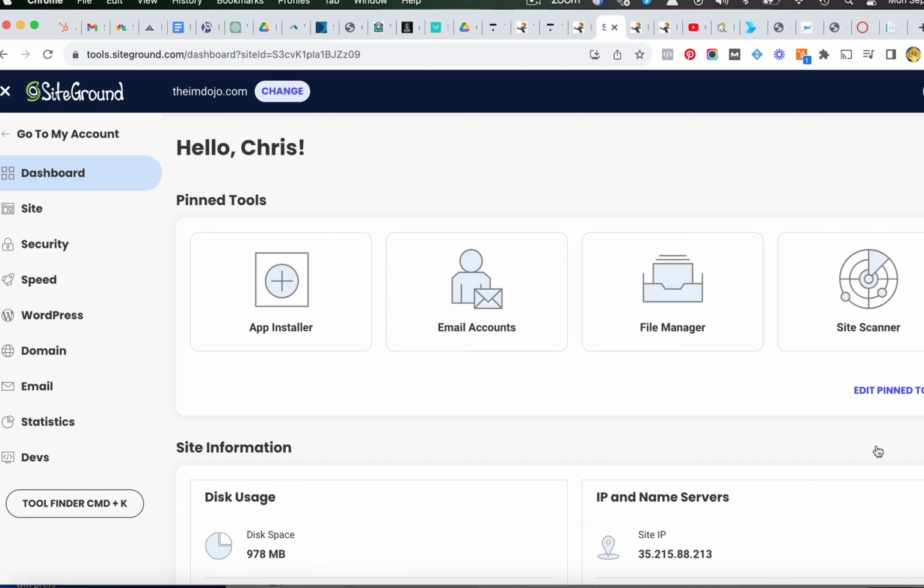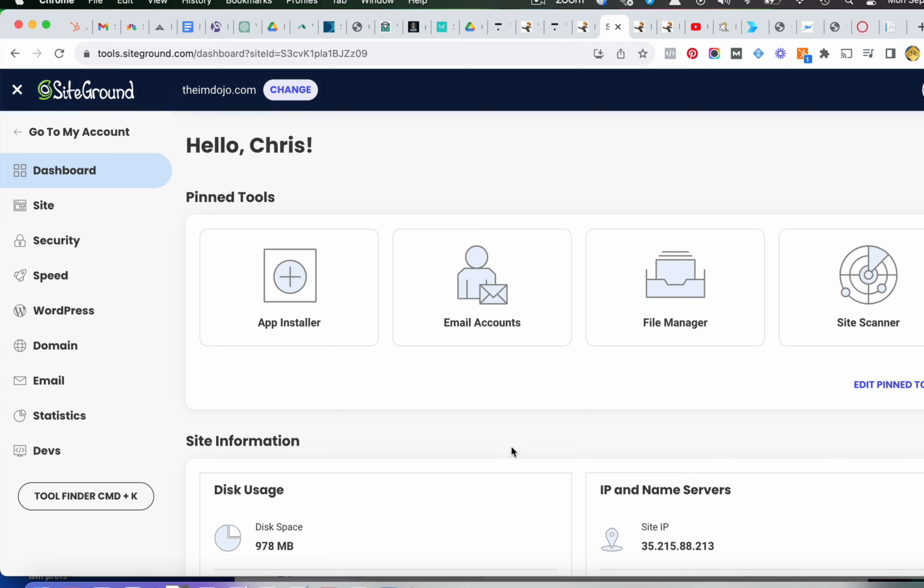So now this page is basically a mini control panel just for this one website. So everything I do in here will only apply to the website, the IAMDojo.com. And by the way, SiteGround's interface is more menu driven. A lot of hosts use cPanel, which is icon driven, so it's like a grid of icons in cPanel, and it kind of looks like your computer desktop. But here we use menus for the most part. So now you see WordPress is over here, but let me show you this app installer instead and give you a better idea what I'm talking about.